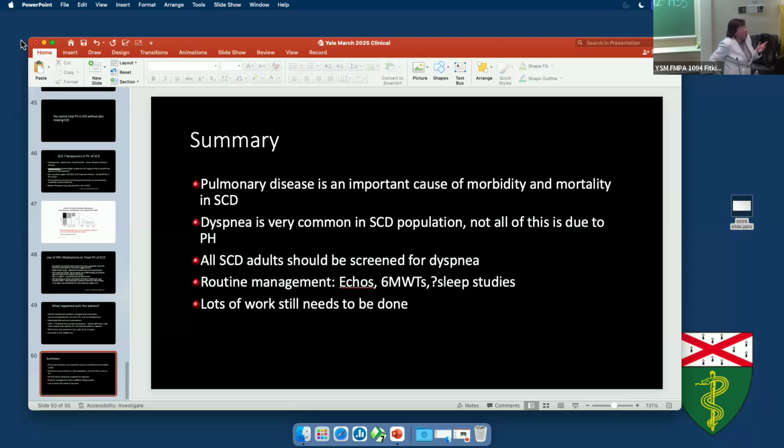We haven't done a lot of CPETs in our adults. There is a small case series published in kids to suggest that CPETs, not necessarily invasive ones, are safe. I've done a couple of invasive CPETs in my adults over the years, and they can crank their cardiac output up to 20 liters a minute with exercise, which is really amazing. But many of them don't have the fitness to actually be able to complete a true CPET. But it would be interesting to see if there are abnormalities with extraction from hemoglobin S.